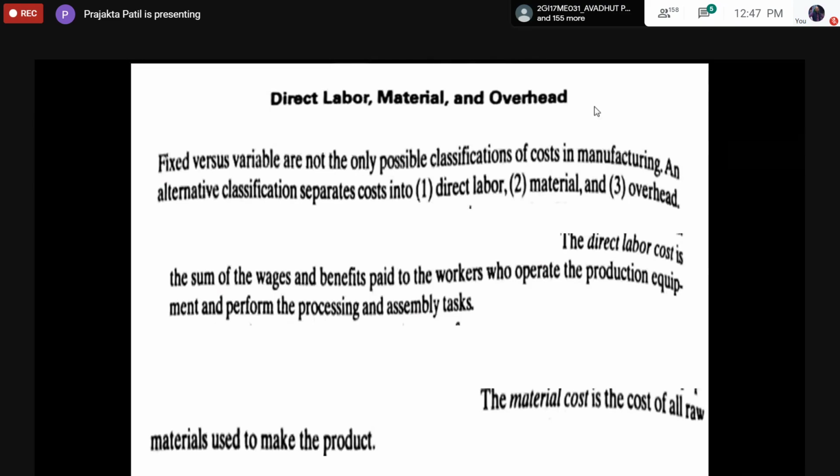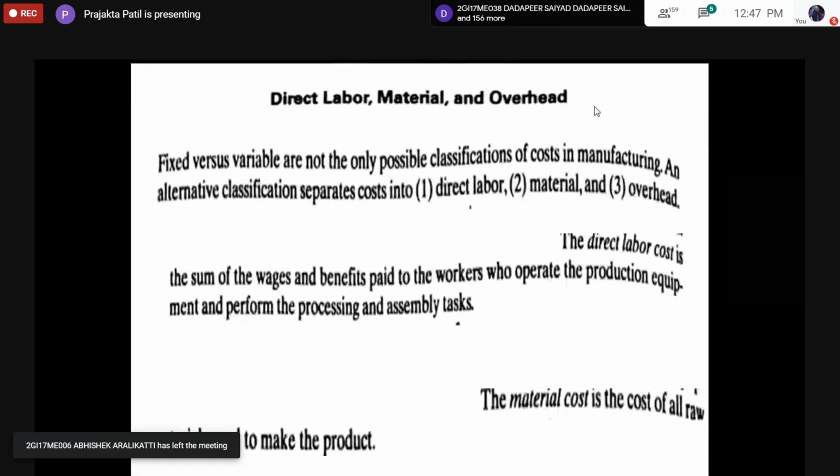So the final product of one company can be the raw material of another company. For example, take the sheets itself. One company's final product is a sheet. You initially use iron ore, and you draw the sheets out of it. Then these sheets will be used by some other company to manufacture some other product. So the final product of one company can be the raw material for another company.